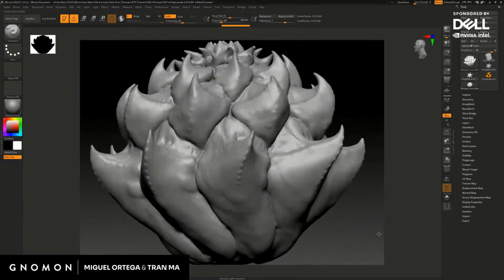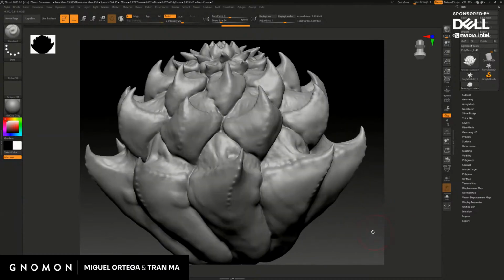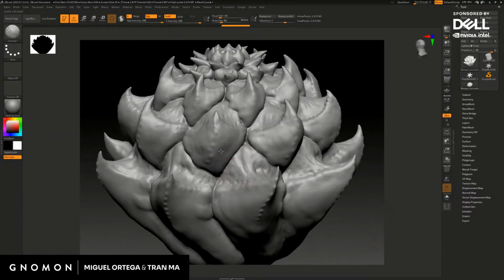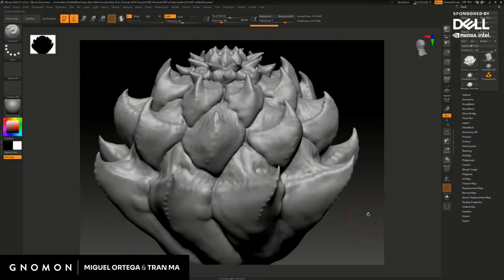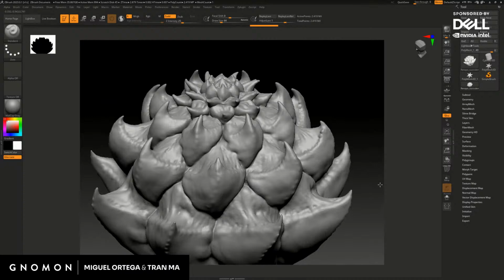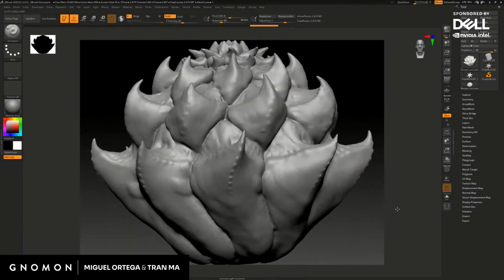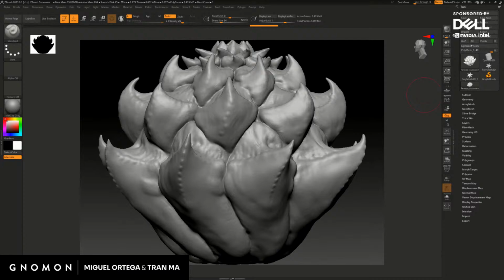I tend to make things look like monsters by default. So I took it up to here. I didn't want to put more detail because I want the cactus to be able to breathe. Yeah, and I like all that detail. Yeah, it's cool. I think it looks really nice. So I took it up to here, and then